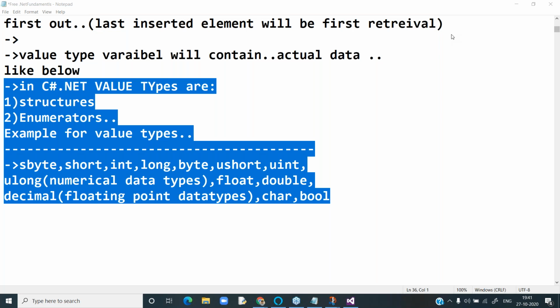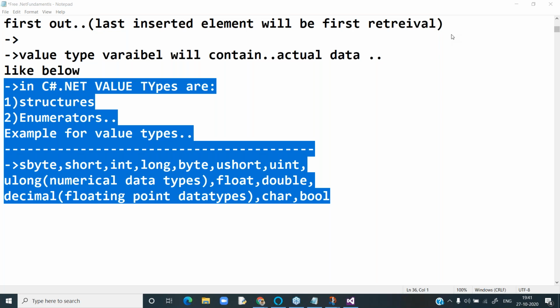Reference types. In reference types, data will be stored in heap memory. Due to that reason, these data types are called heap-based data types. Let's try to understand what exactly heap is.